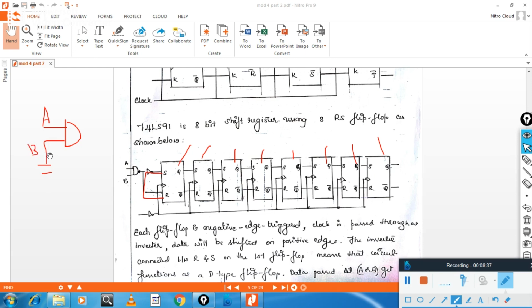When B is ground, that means B is 0, this is disabled. That means your flip-flops will not work. When B is equal to 1, don't connect it to ground.